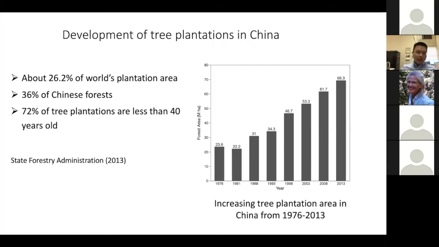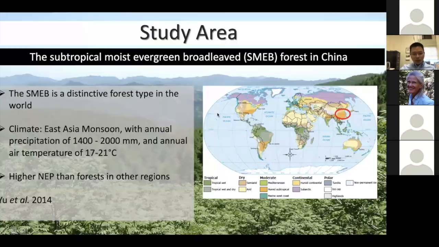As we know, China has the largest tree plantation area in the world, and it still has the fastest growing area in the world. The tree plantation in China accounts for 26.2% of the world's plantation area, and this plantation accounts for 36% of Chinese forest. And most of the plantation is